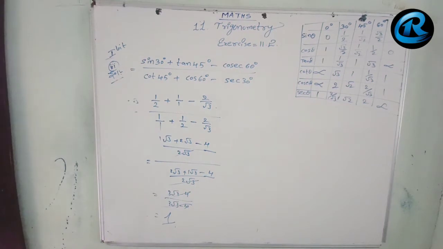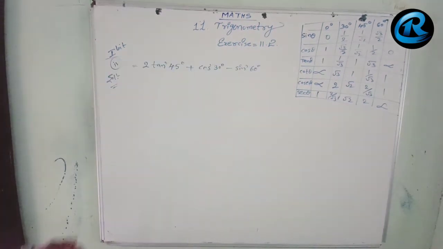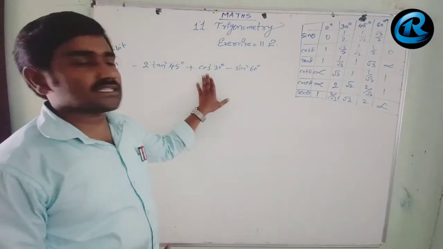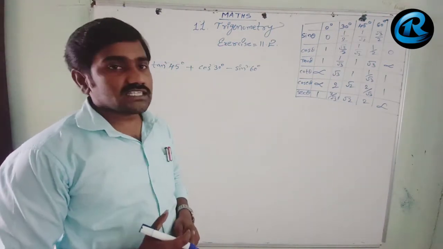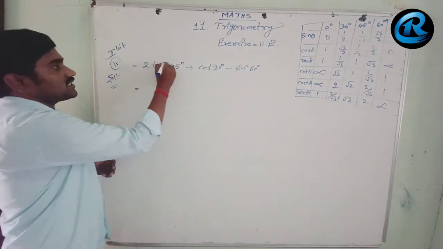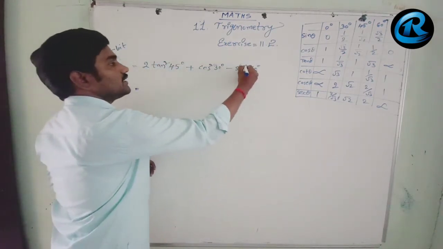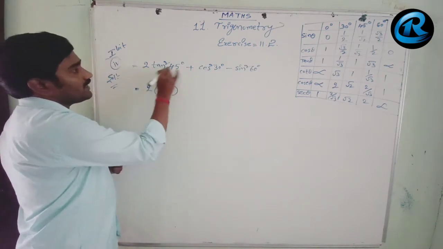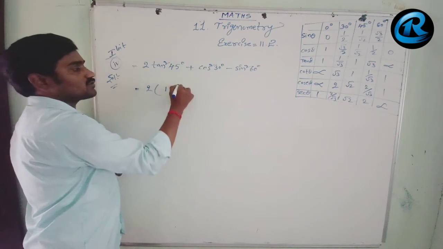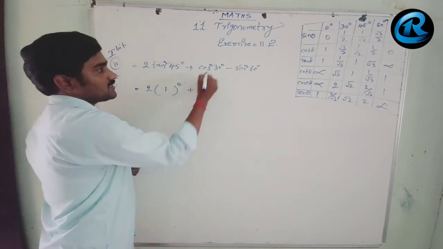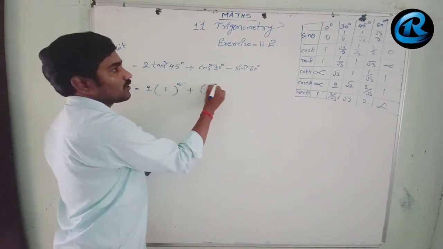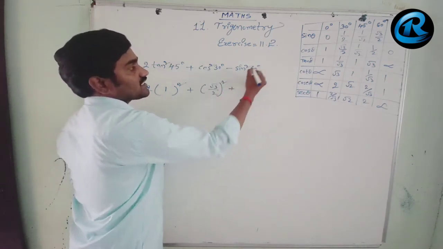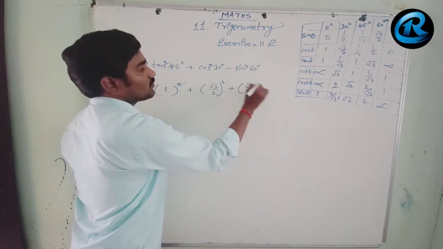Now we go for the next question, children. Now here the fourth question, that is 2 tan square 45 degrees plus cos square 30 degrees minus sin square 60 degrees. Let us see that here there is a square. Please concentrate a little more. 2 into, first, tan 45 is 1, so tan square, we need to do 1 square, plus cos 30 degrees value, that is root 3 by 2, whole square, plus sin 60 degrees value also root 3 by 2, here minus